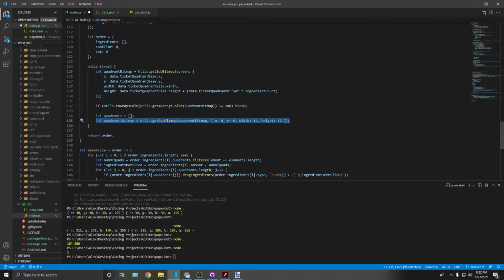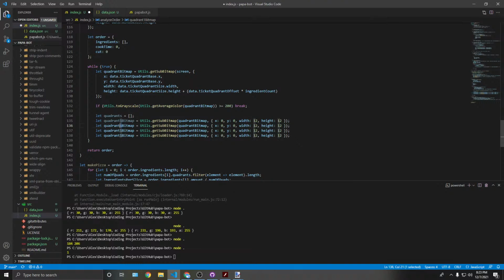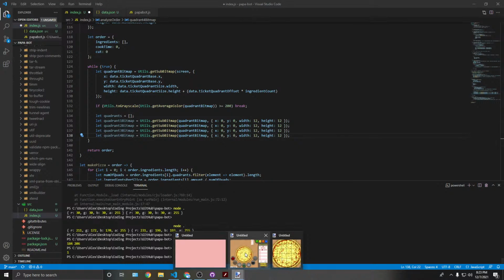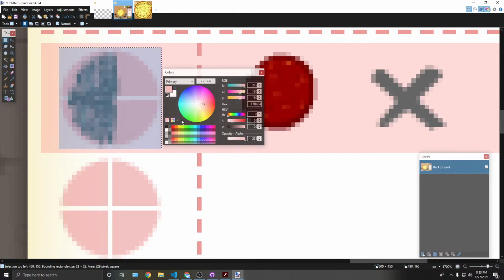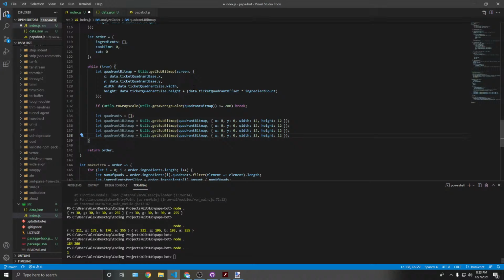So there's that. 2, 3, 2, 3, 4. Where would this be? So it would be 159. There'd be this thing again, and then there's the 0 by 0. So then where would this one be? Wait, so it'd be 11. Okay, so 11. And then that'd be for the second one, and for that one it'd be 11, 11, 11. Lots of 11s. So then what we can do now is we can say if